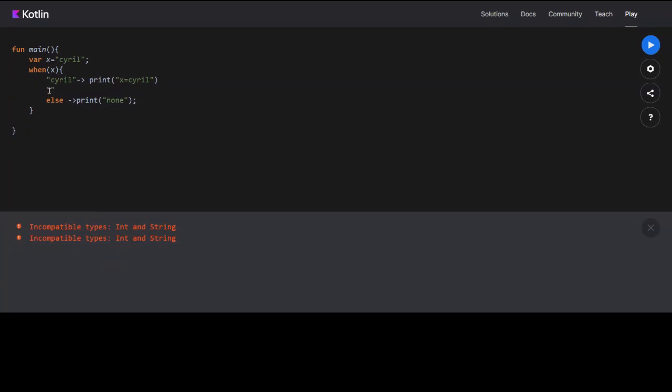So the inputs here should be the same as the type of variable that you're defining. You can't put Rishabh, then print x is equal to Rishabh. See, x is equal to Cyril prints here. It is checking if x is Cyril, then print this part. So it works for strings also. It will work for any other variables.